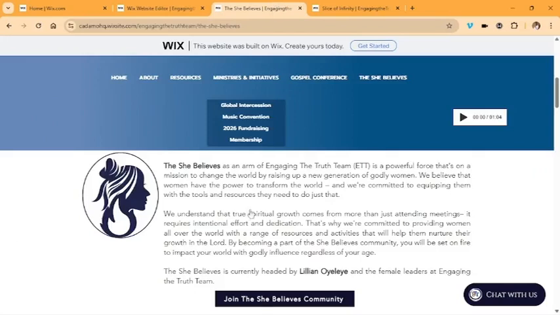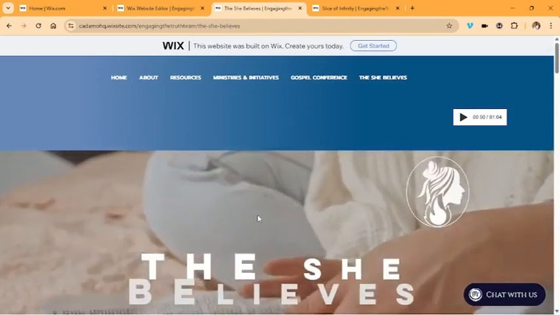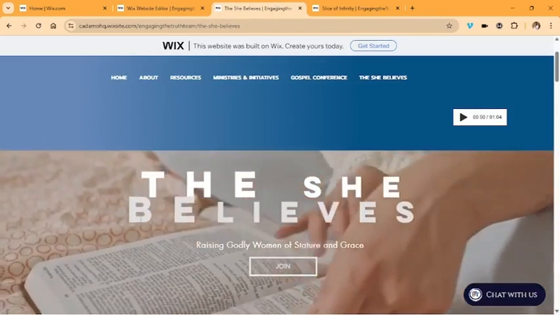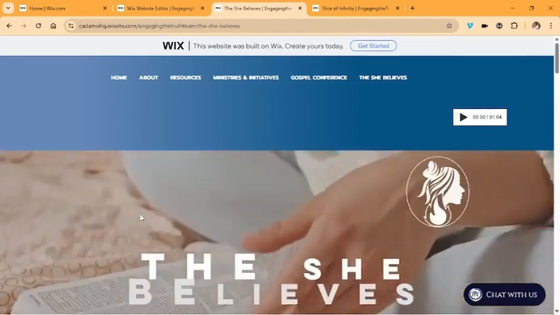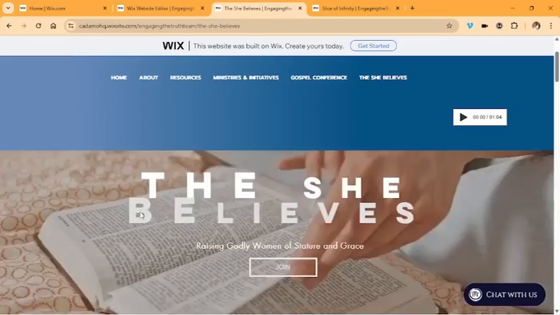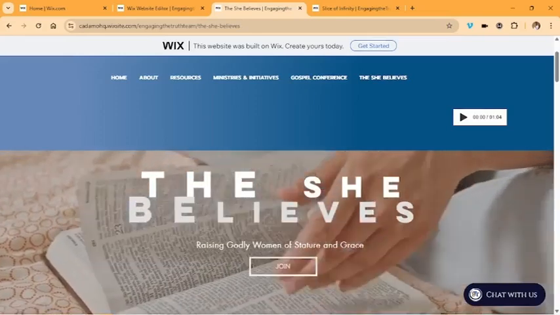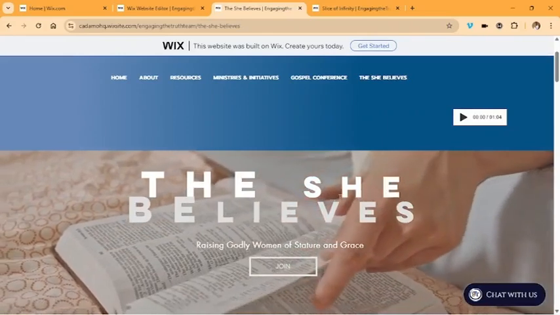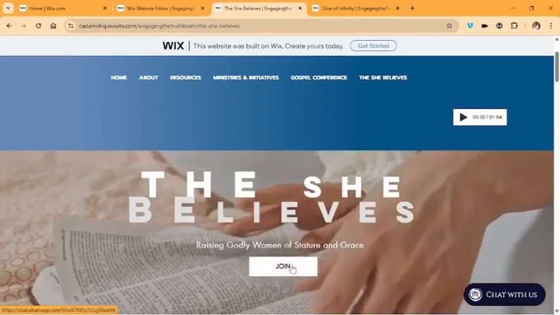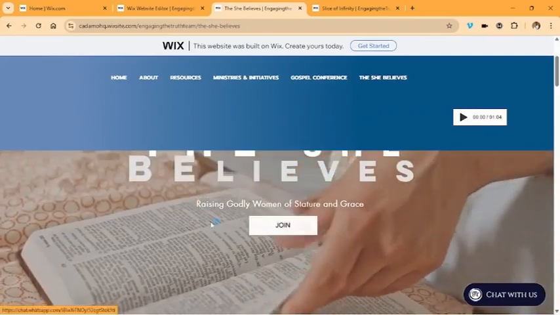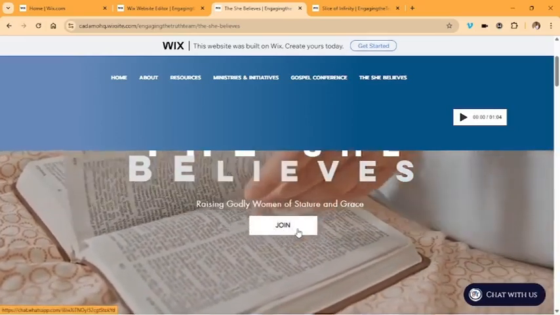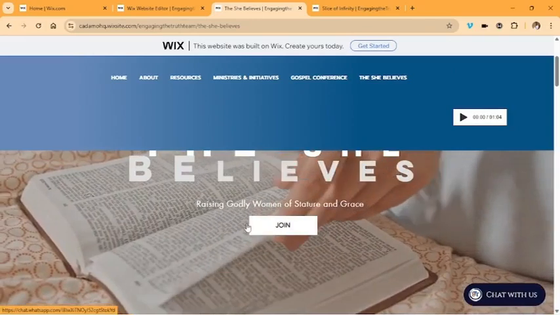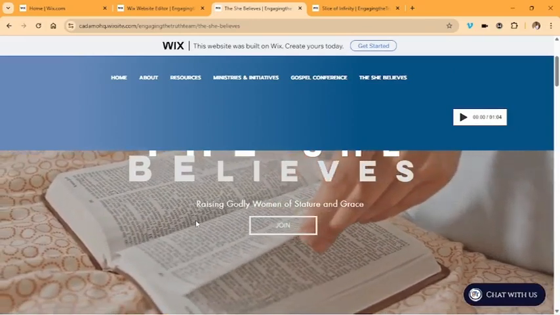Now, you'll notice that there is an ongoing video on this header. That is the way I did it. I simply changed the background of that section. You can see what this image is there. All right. And then I put text on it. I spaced the text and then I put a button here. And the button is responsive. You will see that when you put the mouse on it, it changes the fill color to white. When you remove your mouse, it changes the fill color to